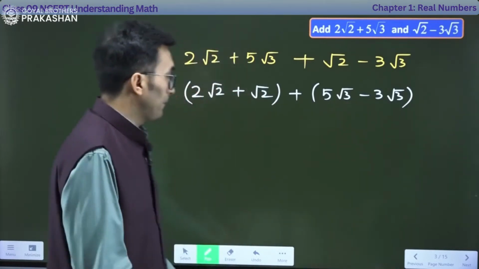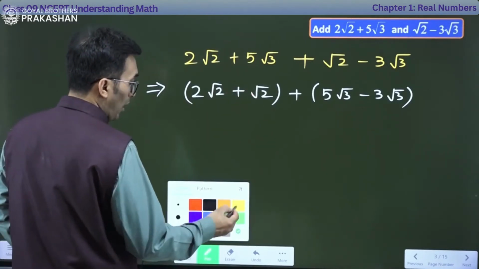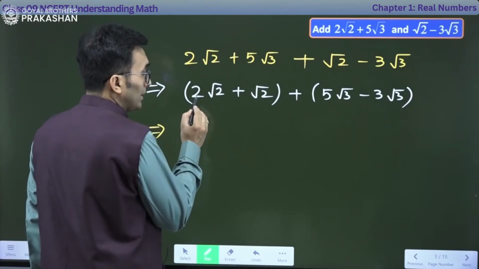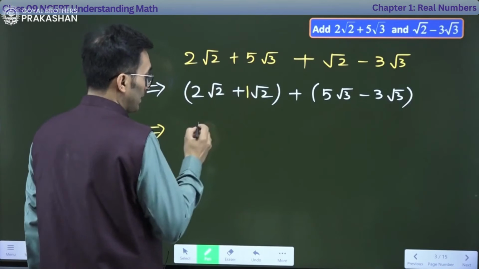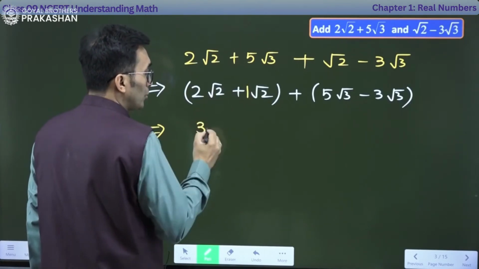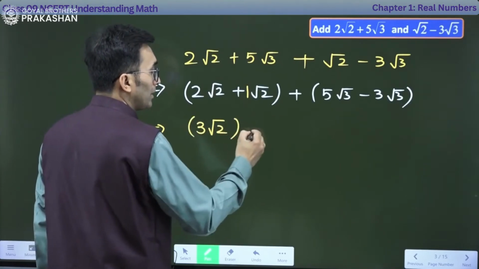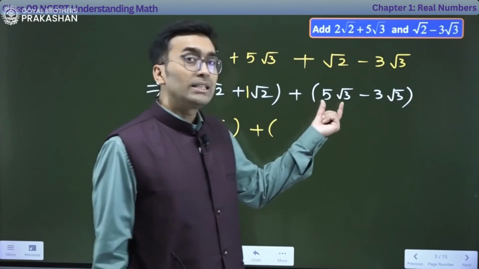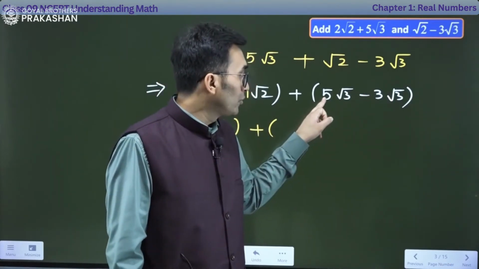Now see, this is 2 root 2 and this is root 2. See how can we add it? This is 2 and here nothing is written, so 1. Now 2 plus 1 is 3. And this root 2 comes as it is. So this is 3 root 2. Now plus, if we see here, this is 5 root 3 and this is minus 3 root 3. So we have to do 5